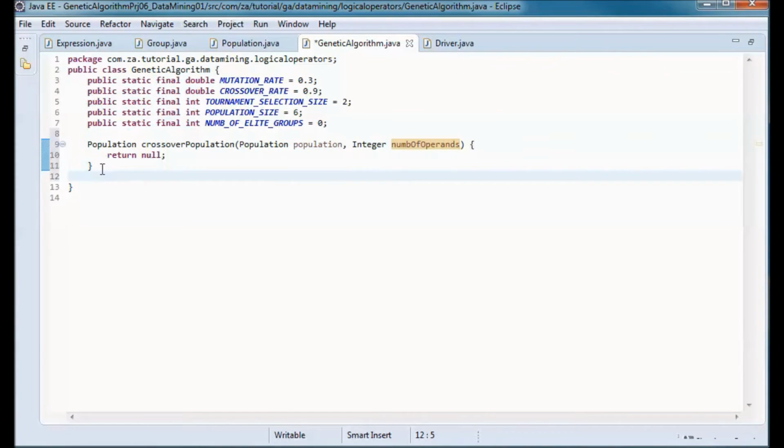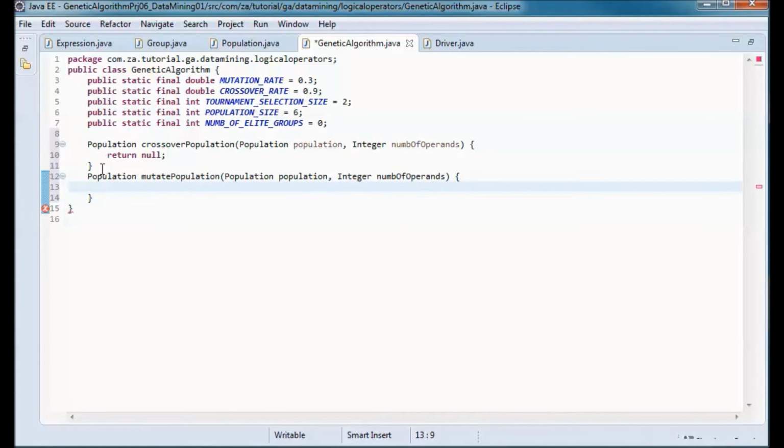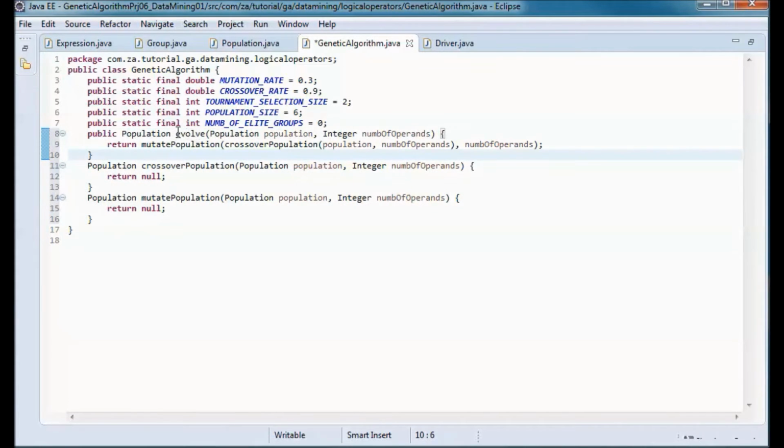And we'll have another method that does mutation to the passed in population and returns a mutated population. And we'll have this evolve method that evolves the population by calling crossover population, and what's returned from that, it calls mutate population on it.